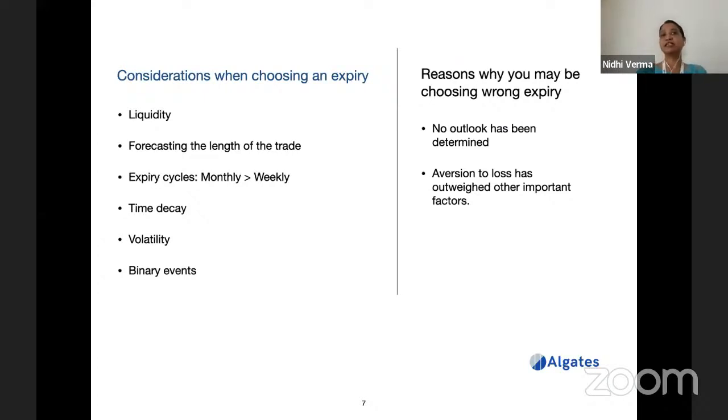Then binary events. I mentioned the results of the company, or some announcement that is going to happen about the company, which can take the price of the stock either way. It can take it in an uptrend, or the price of the underlying stock can fall depending on what news comes out. So if any news or announcement is expected from a particular company, these are binary events, whether they are going to declare results in coming days. After the declaration, the price might move downward or upward.